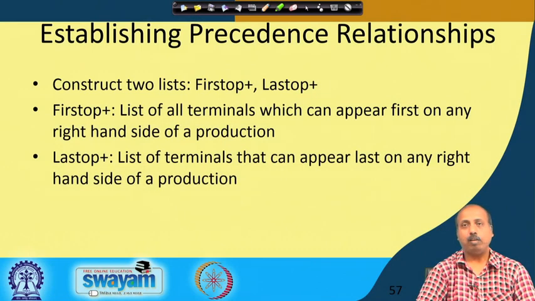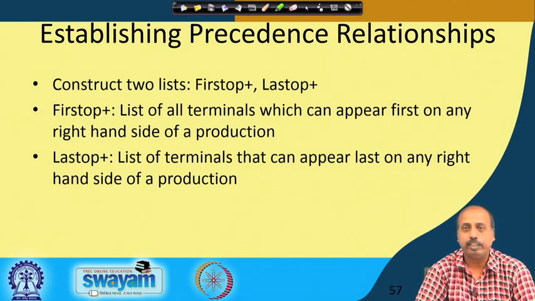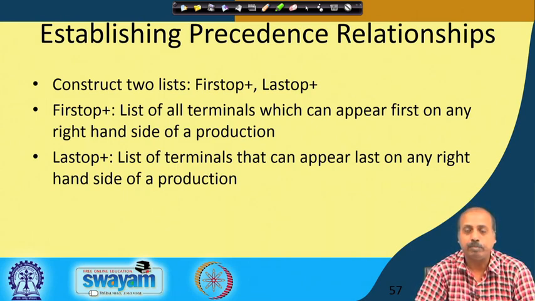Next we will be seeing how to establish these precedence relationships. The previous example that we have taken is from our knowledge in our arithmetic classes. So, we know the precedence between the operators and accordingly we could make that table. But in general, given a language, we have to establish precedence relations between the terminal symbols of the grammar. So, how to do that?